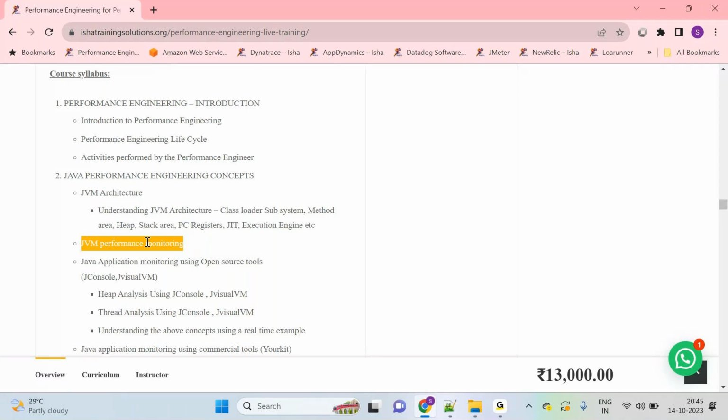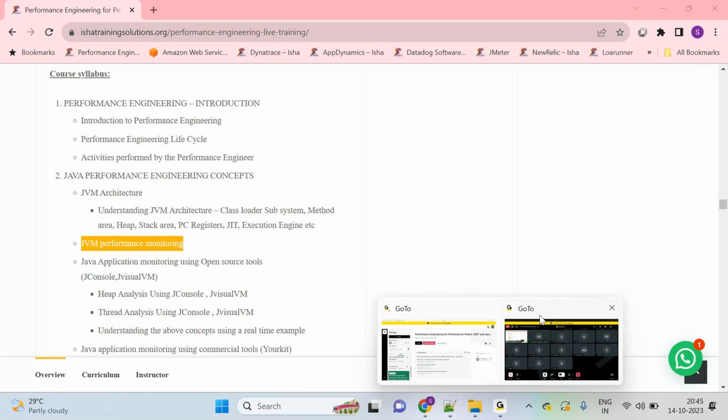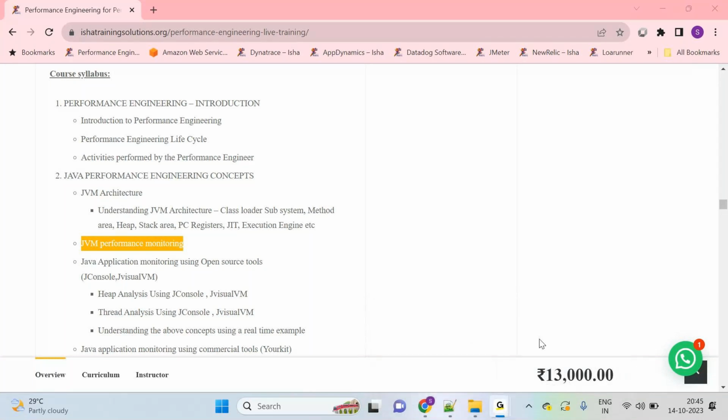Anywhere you are facing a problem, it may be related to the heap memory, the thread, or the garbage collection. In that way only you are going to approach it. So how to do the analysis? What is heap memory, what is non-heap memory, what is a thread, what is garbage collection, all this understanding we are going to get. That is the importance of learning this course itself. We are going to learn what heap means, what non-heap means, what garbage collection means. In garbage collection, what minor GC means, what major GC means, what full GC means. In threads also, the life cycle of a thread, all those things we are going to cover.